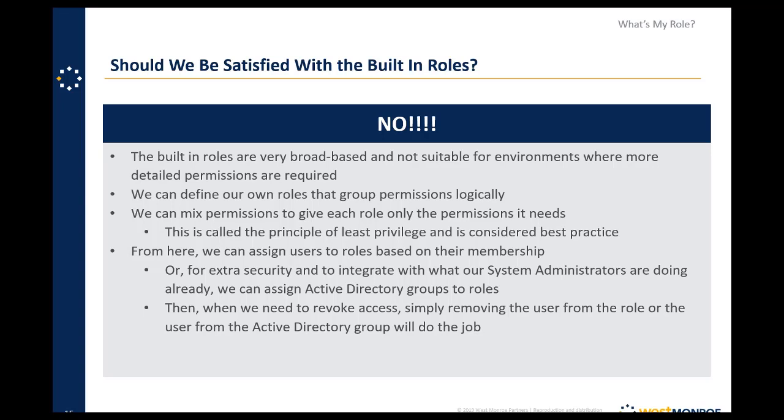That's probably not great. So should we be satisfied? Absolutely not. The built-in roles are very broad-based, and not suitable for environments where more detailed permissions are required. So you might use DB owner in a development atmosphere, but in your test database or in any database where you have production data, that's probably not the greatest plan, right? So we can define our own roles,